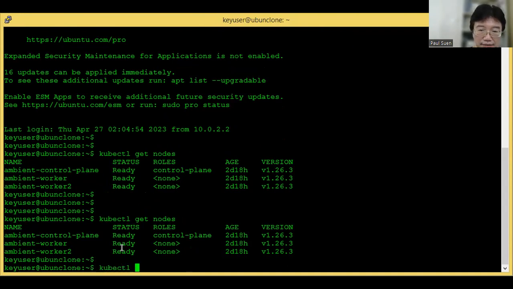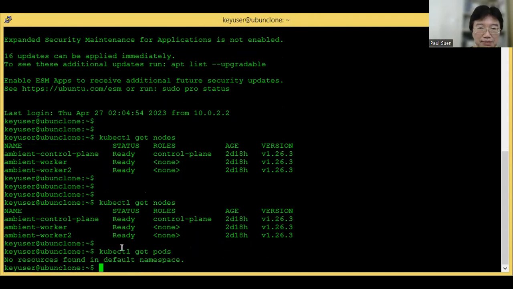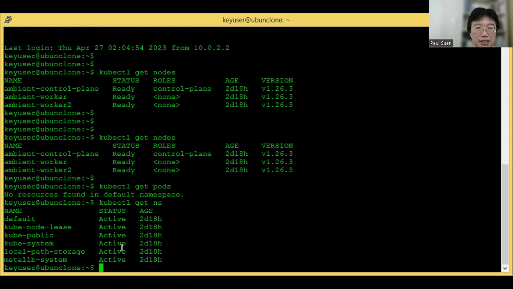And this is a brand new environment, so there are no user workloads in the default namespace. And here is the list of namespaces that are recognized by the cluster.